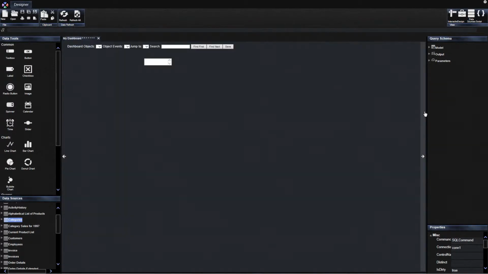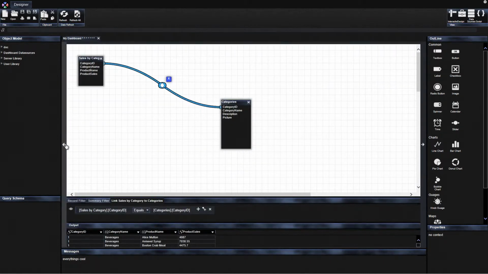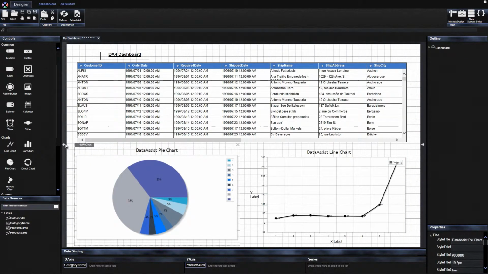The last part of the dashboard that you can work with is scripting. This allows you to add complex behavior and visualization to the dashboard, as well as add any special components or functionality that you need to work with, like your own analytical formulas, custom data sources, or even data capturing handling if you need to. Now that we've finished our dashboard, you can save it, or you can preview it in